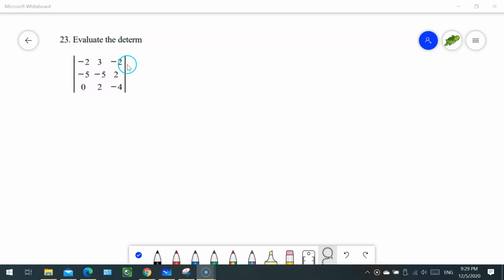Evaluate the determinant of a 3x3 matrix. The first thing you will see is they put the two vertical bars instead of the brackets. So when you see this notation, that means you need to find the determinant. Now with a 3x3